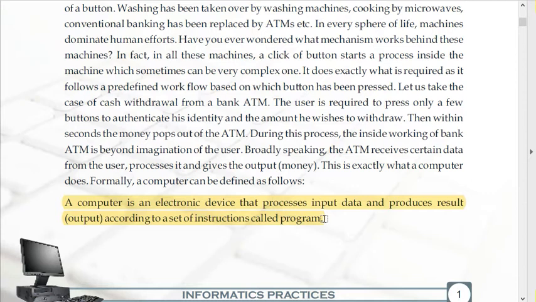So computer is an electronic device. Whatever instructions we give to computer, first of all computer will convert those instructions in terms of zeros and ones, because it is such a machine which understands binary language. Now what is this binary language? Just remember, binary means 0 and 1. Binary means in terms of 0 and 1.